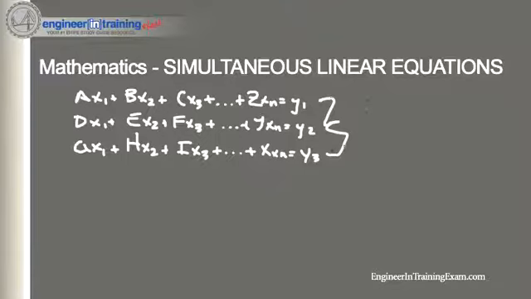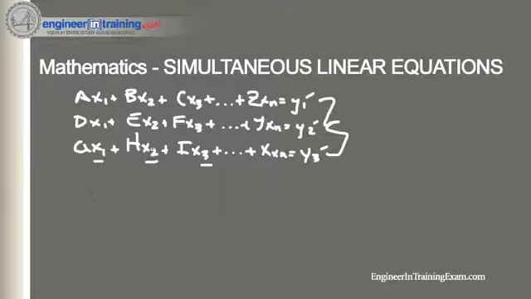Now x1, x2, and x3 are our unknown values. A, B, C, all the way to Z are known coefficients in the equations, and y1, y2, and y3 are also known quantities. So if we're given any set of linear equations in this format, we can express it in